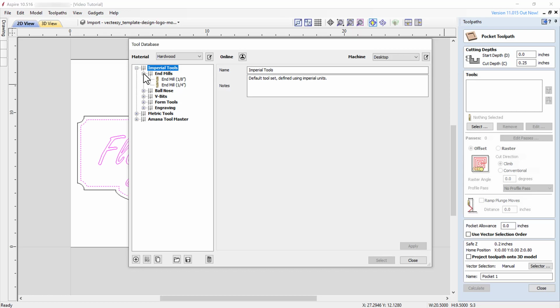In the default library, only 2 end mill sizes are available to choose from. If we don't see the end mill that we would like to use, we can simply create a new tool and fill in the appropriate tool parameters. Once saved, this tool will be available to us from the menu in the future.